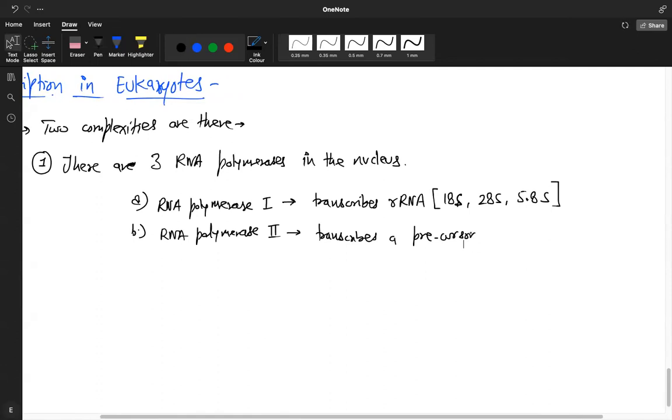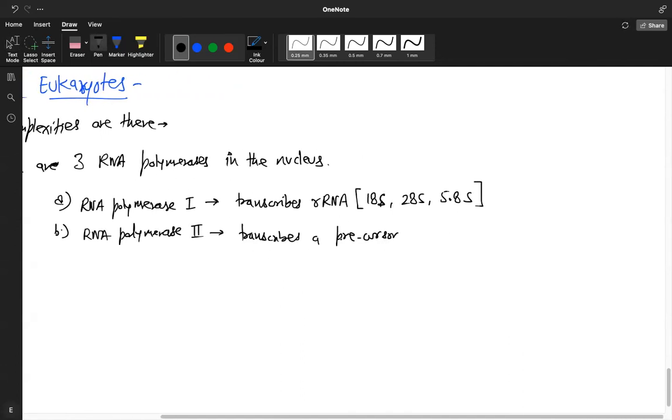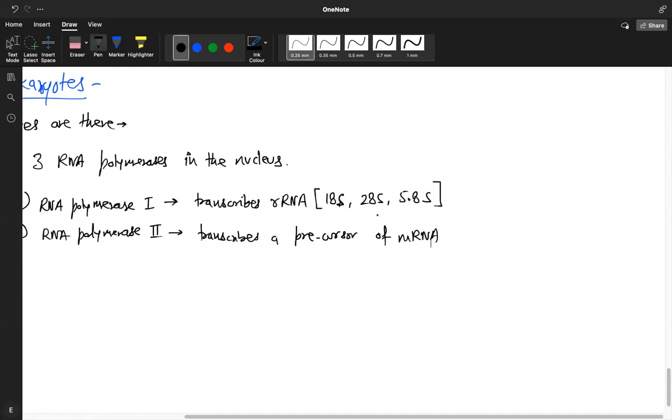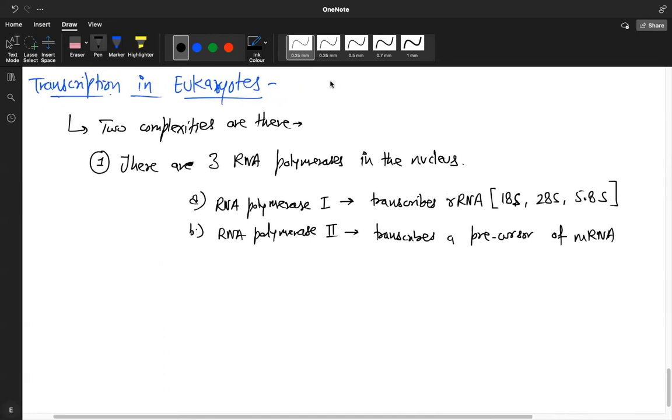Precursor means a molecule which is there but not ready as an mRNA. A precursor of mRNA. So it does not code directly for an mRNA. In fact, it is impossible to make an mRNA directly in a eukaryotic system. I will tell you why later, but just know that it transcribes a precursor of mRNA known as